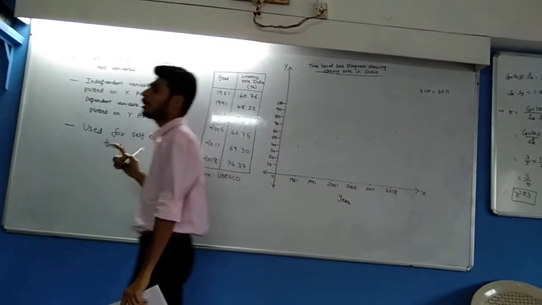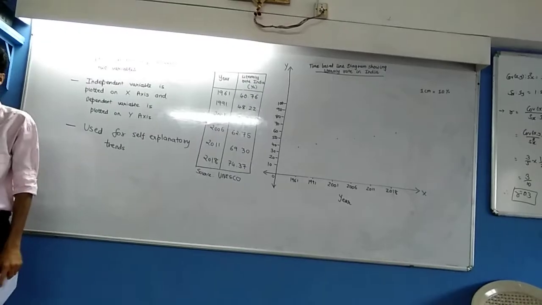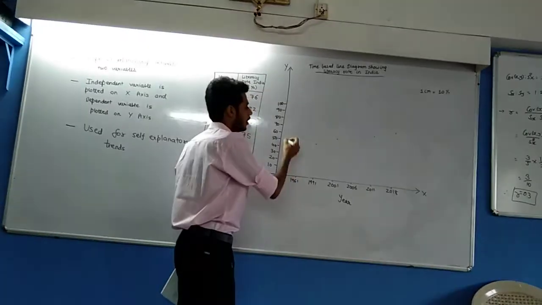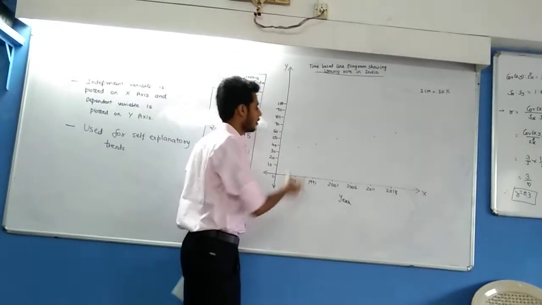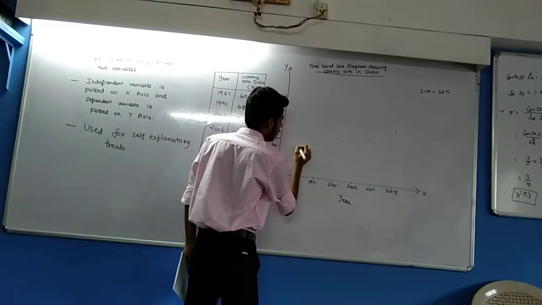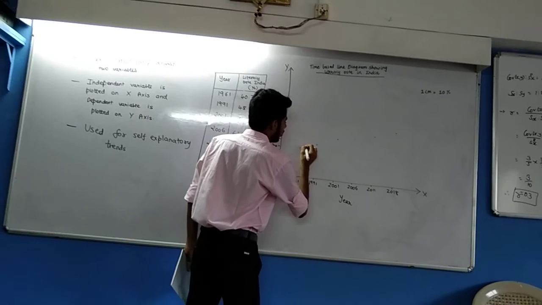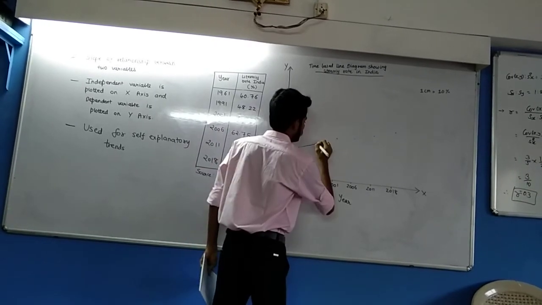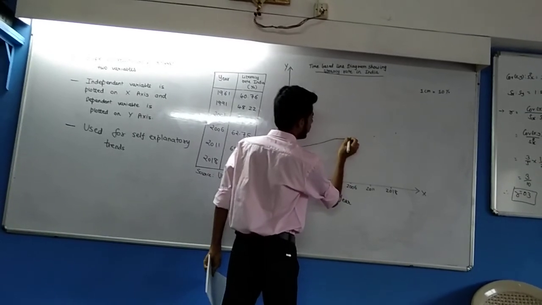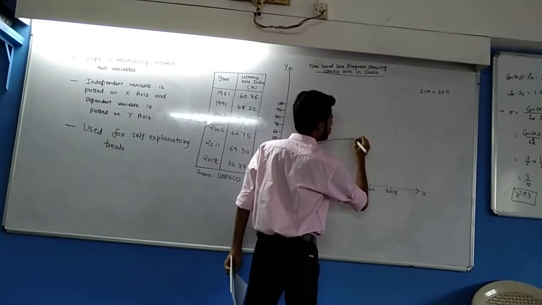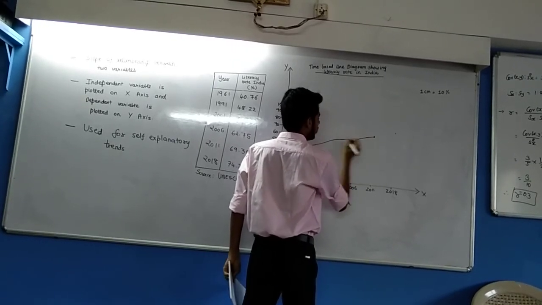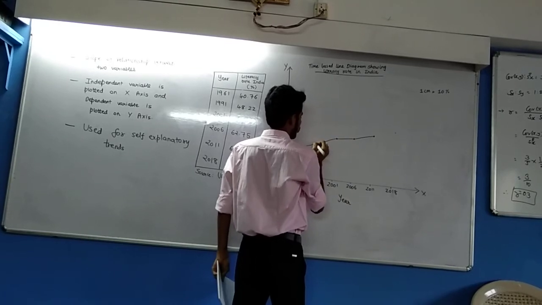Now, you don't have to draw a freehand curve. Don't make that mistake that we will draw without using a scale. If it looks like a freehand curve, you will not get your full marks. What you have to do is you take a scale and you join all the dots consecutively. It might not be a straight line. Okay, but this line will help you find the